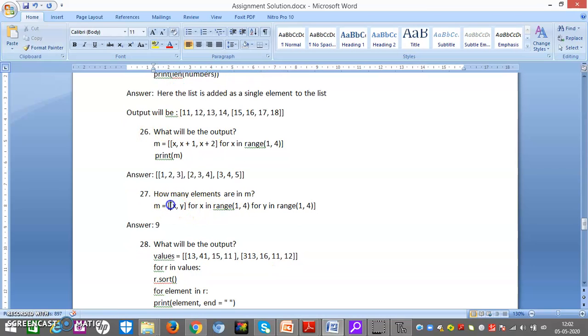Now let me study this kind of question. This means the first x will be there. Now if a for loop is written like that, it means it is a nested loop. The for is written within the for. It means first the x statement will be executed one time, then the inner y statements will be executed n number of times. So first the x value will be stable, then the y value keeps on changing, then after cycling through y, the x value will change, then the y value will repeat again the same number of times. So friends, you have to take care of these things while attempting these questions.